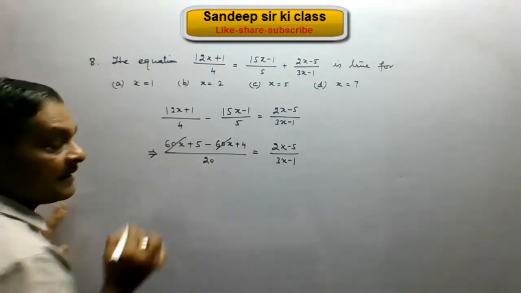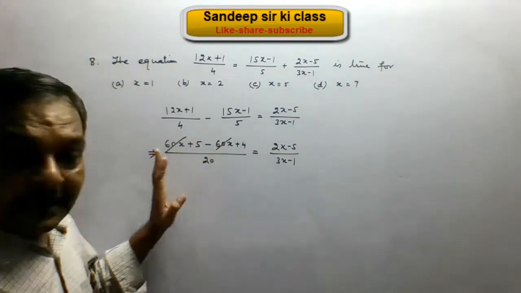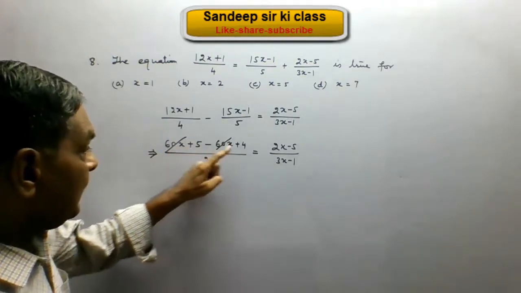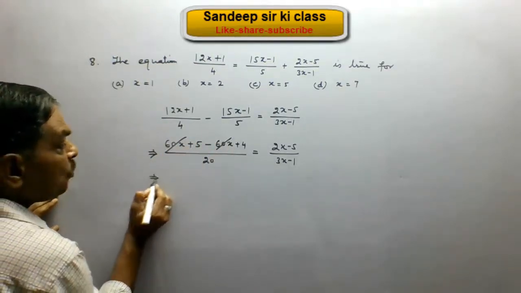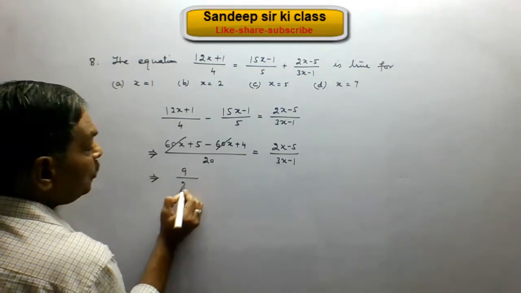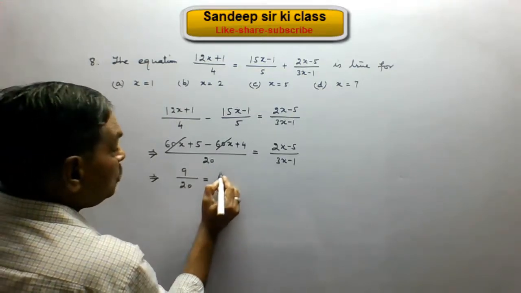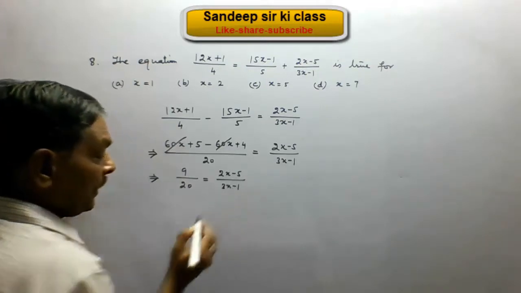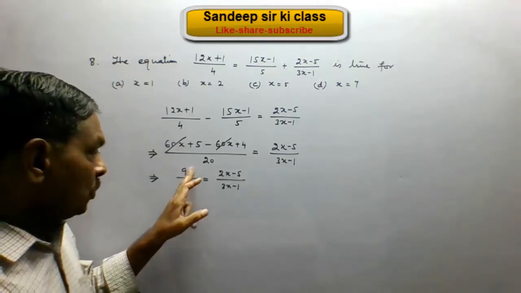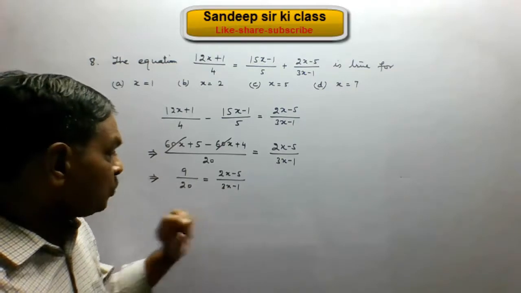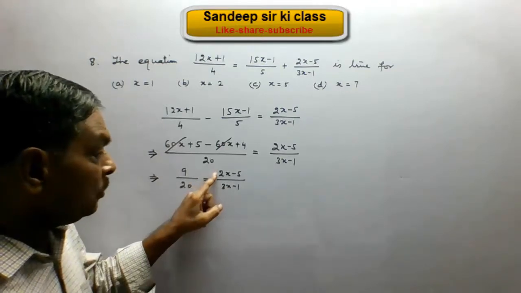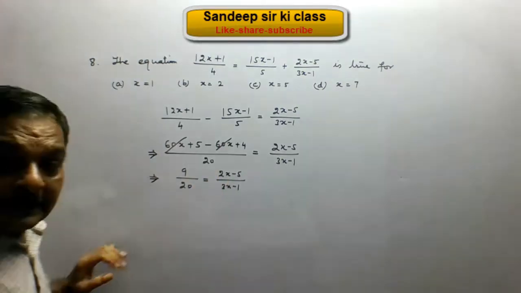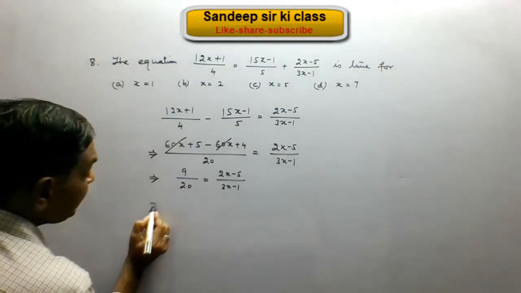60x plus and minus 60x, they are cancelled. We get 9. So 9 upon 20 is equal to (2x minus 5) upon (3x minus 1). Cross multiply. So 9 will be multiplied by 3x minus 1, and 20 will be multiplied by 2x minus 5. Simplify it. This gives us